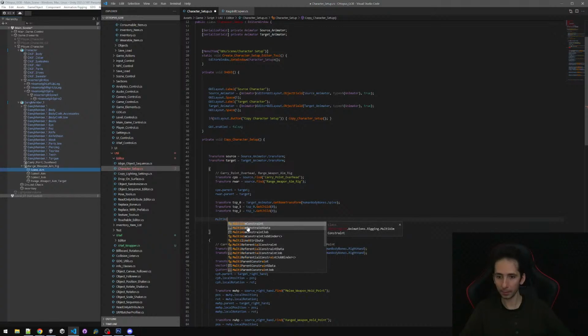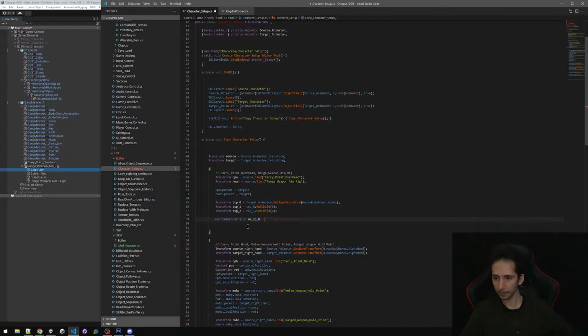multi-aim constraint MA SP 0. Okay. Range weapon aim rig dot find, yeah, it's gonna be get components, take constraint. I'm hard coding everything